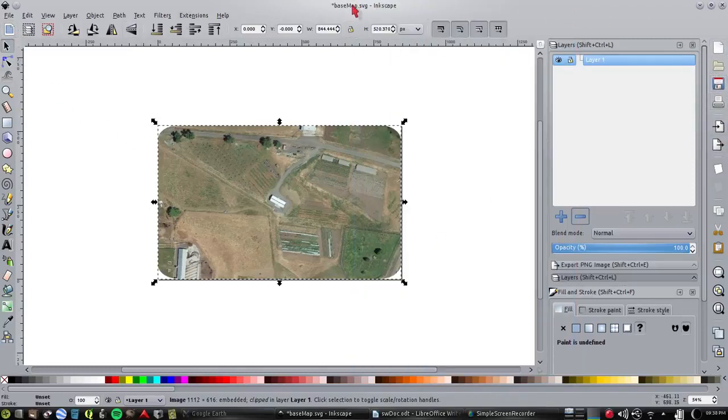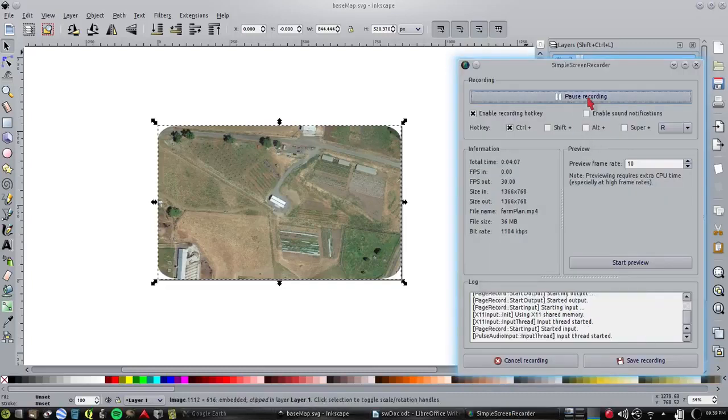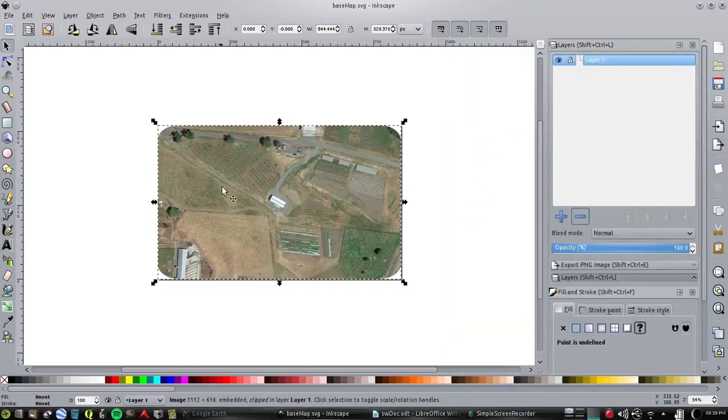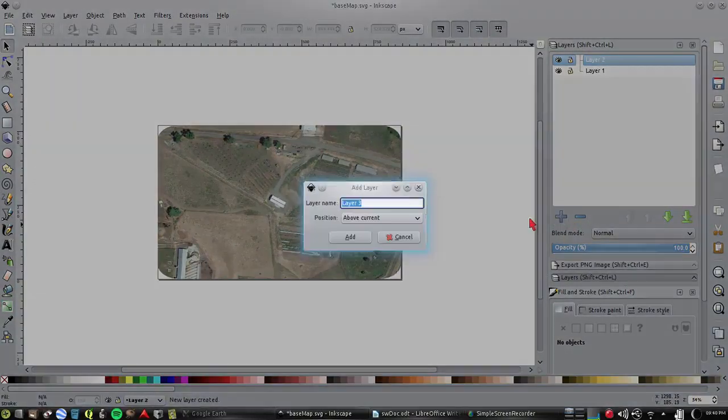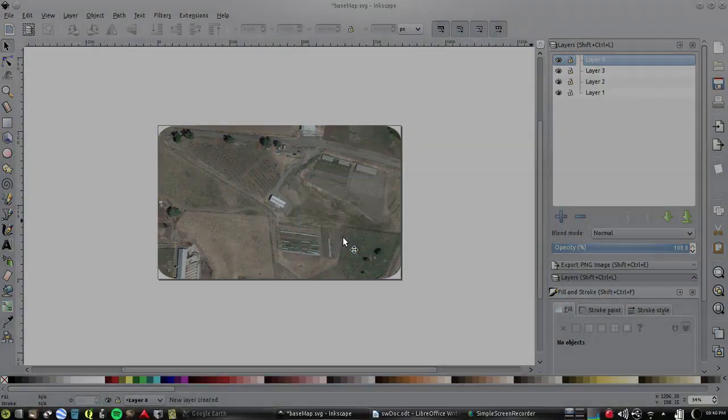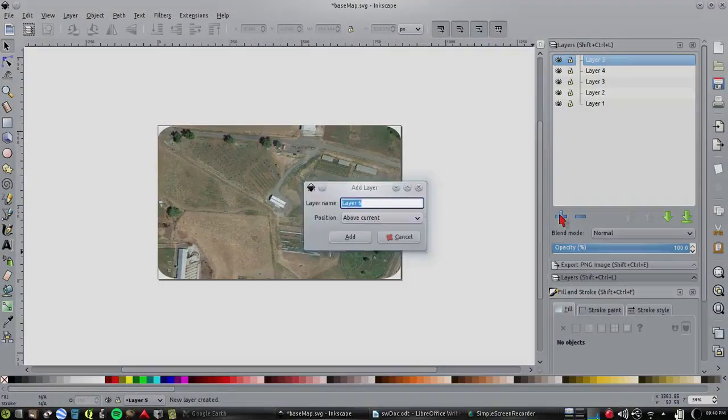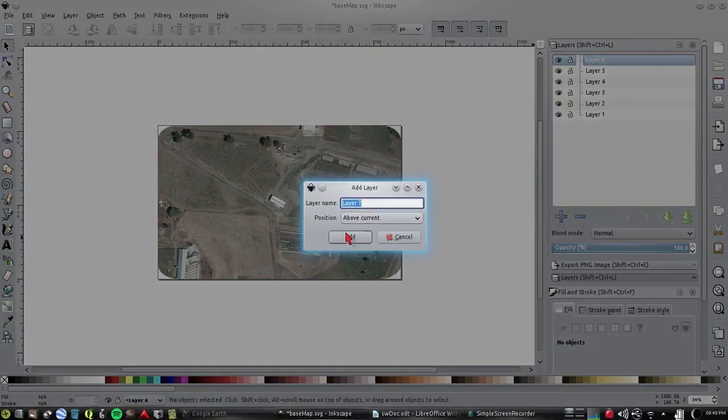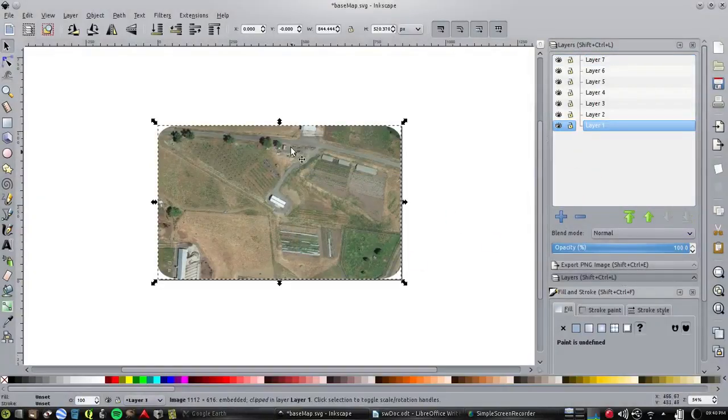I already have this saved as base map, so I'm going to save that work. And okay, back to it. We have our base map on layer 1, and now at this point it's a good idea to add some layers. They don't have to have specific names right now. It is a good idea to keep track of them one way or another. Names are the easiest. Layer 1, where we're at right here, we'll go ahead and rename it to base map,